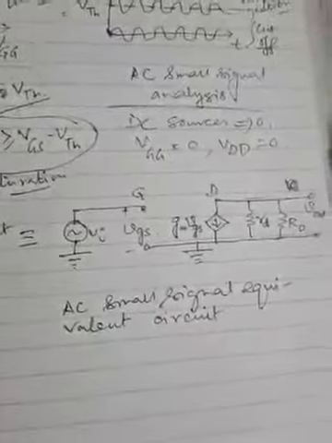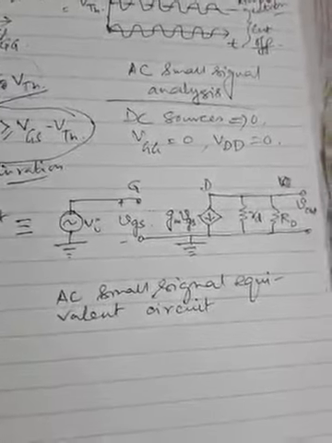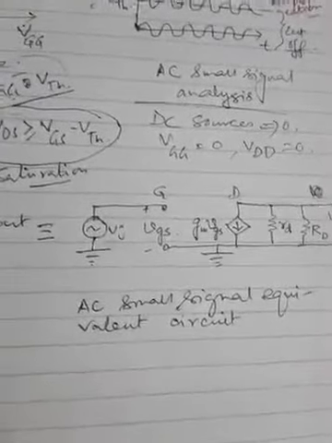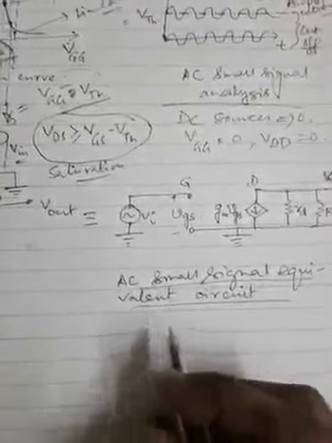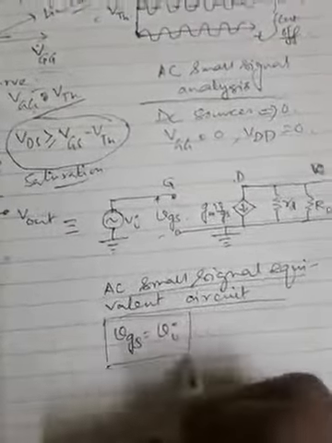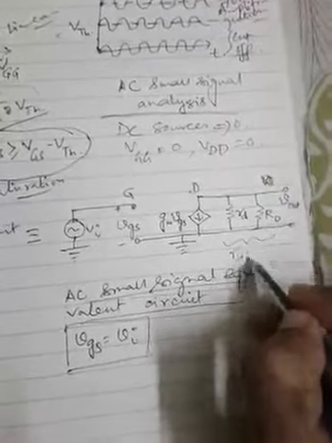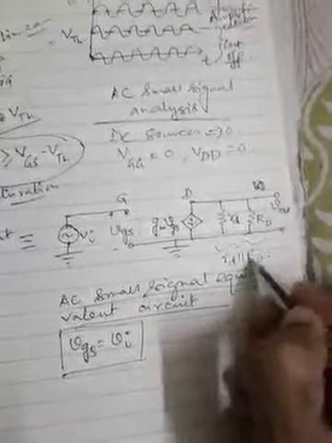Now let us derive the amplification factor, voltage gain, etc., the expressions from this AC equivalent circuit to complete the discussion. So to find the amount of amplification using this AC small signal equivalent circuit, let us first write at the input circuit that VI and VGS are equal. That means VGS is equal to VI. This is one equation. And in the output side there are two parallel resistances.